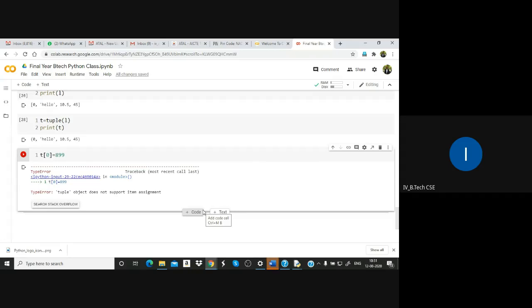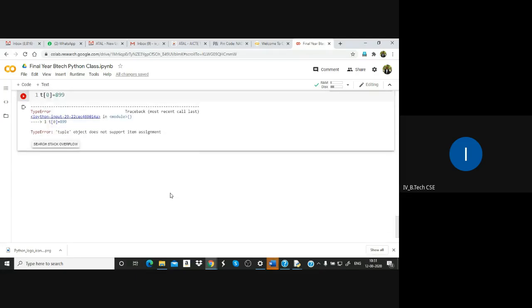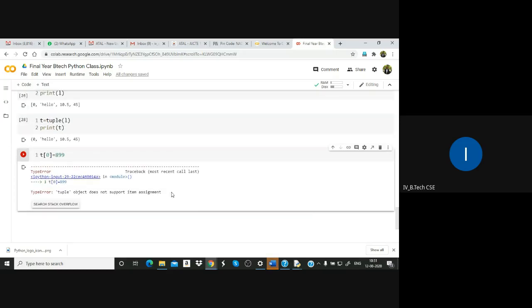So where can you use a tuple? If you have your hall ticket number and name that you don't want to modify, you write your hall ticket number, comma, your name in one tuple, and then it cannot be modified. That is a safe one, so in that situation you can use a tuple.